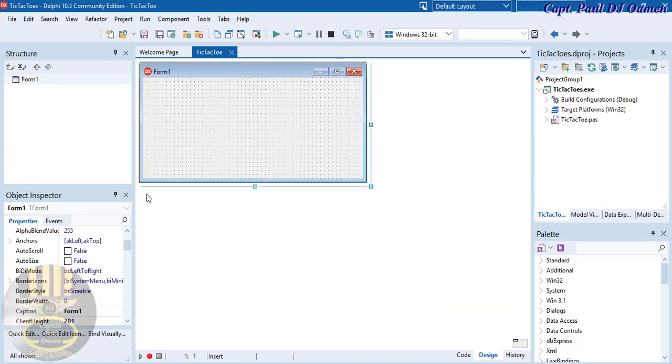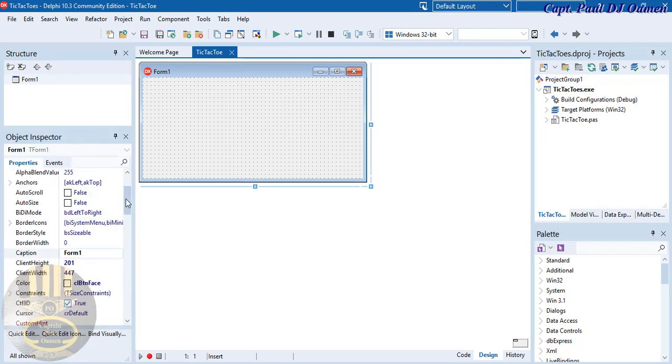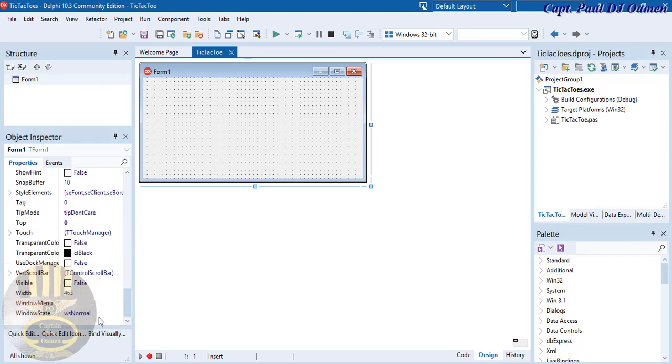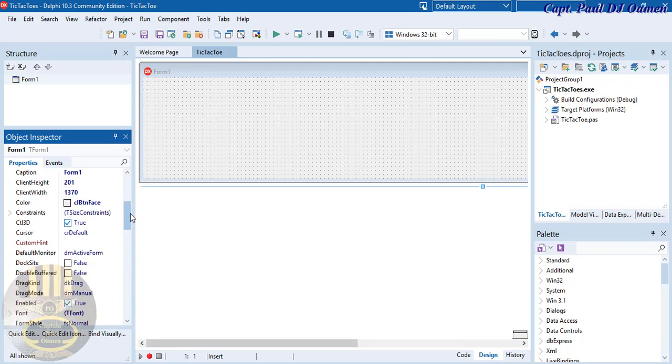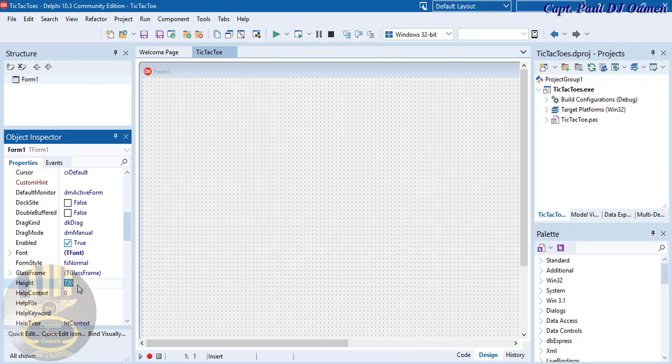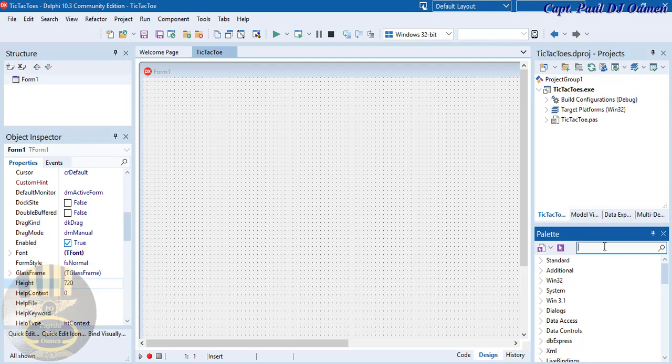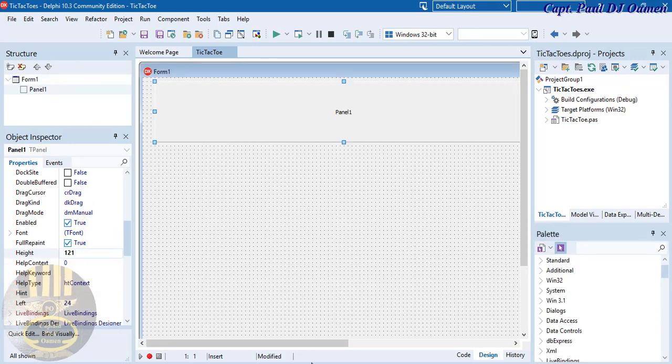There. Now the form, let's change the size of the form to approximately, let's say the width is going to be 1386, the height is going to be 720. There we go. And let's come right here, see the palette. I'm going to get hold of a panel. We have one here,